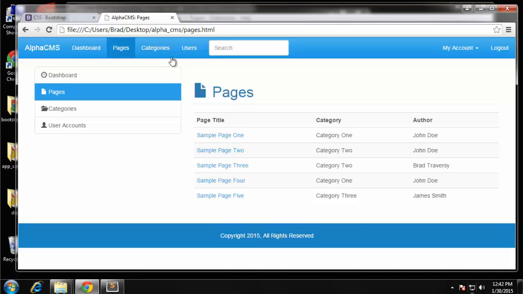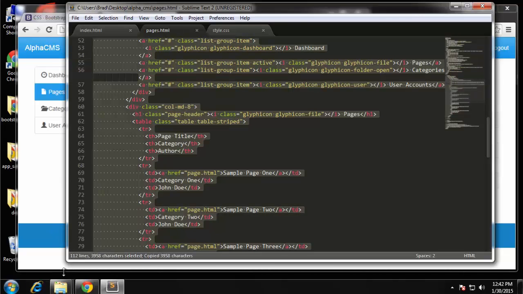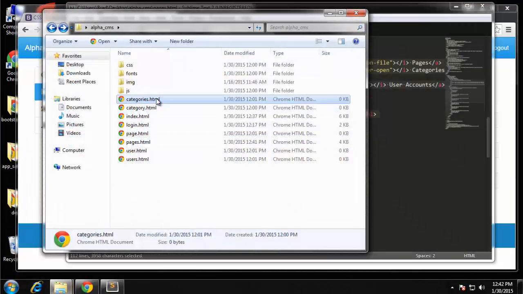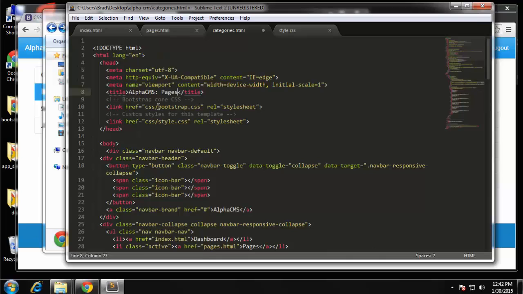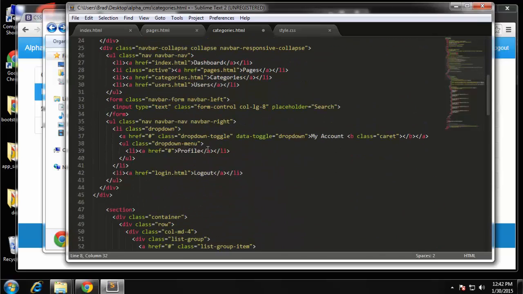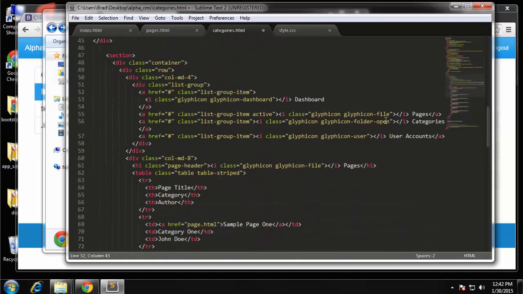Now we want to do the same thing for categories, so let's copy everything that's in the pages.html and then open up categories.html in your editor. Okay, we're going to paste that in and then change the title. Alright, and basically all the resources have the same kind of page. It's just a table with content. For the nav bar, we want to get rid of this class active from pages and put it on categories. Okay, we want to do the same thing in the list group. Okay, so right now pages has the active class. We want to get rid of that and put that with categories. Alright, and then down here,